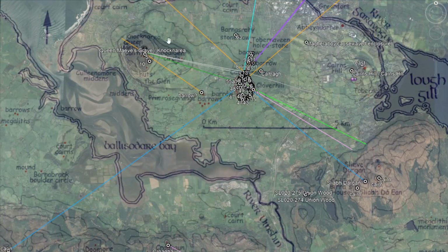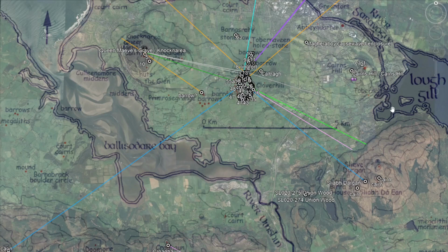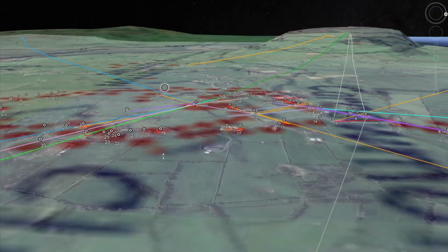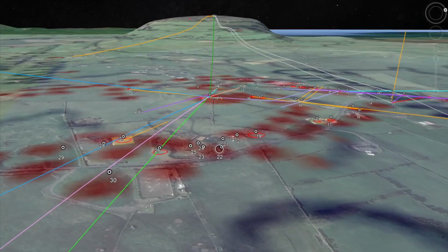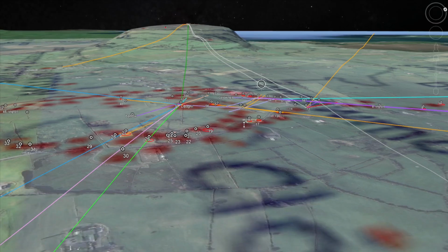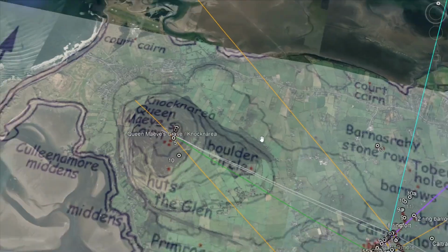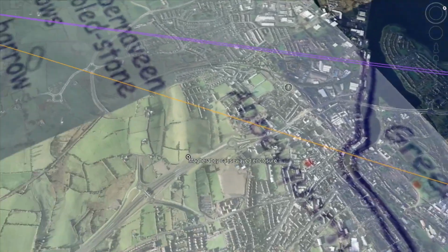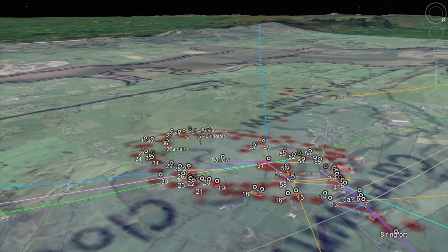But you can see here that the site of Carrowmore sits between Knocknarea, topped by Queen Maeve's Cairn, and Loch Gill. And if I come in here and give you a 3D view, you'll notice that Knocknarea is quite prominent, as seen from the site, situated here below, and of course Knocknarea is sitting out here towards the sea, and there you can see that Sligo town is nearby. And so we're situated right here in this area,